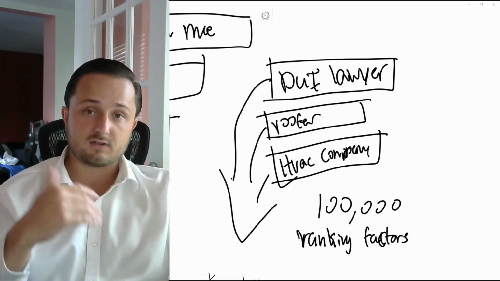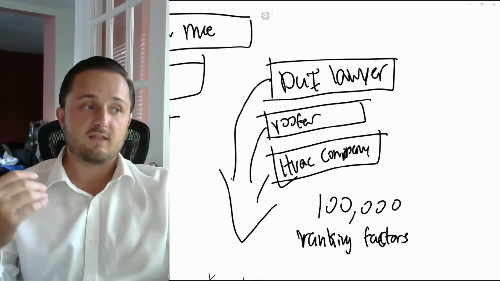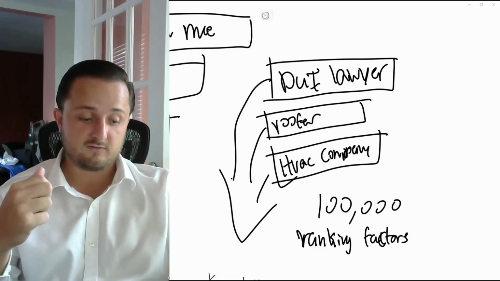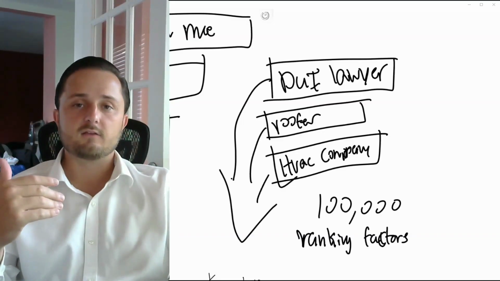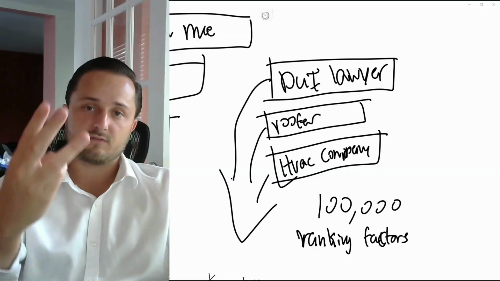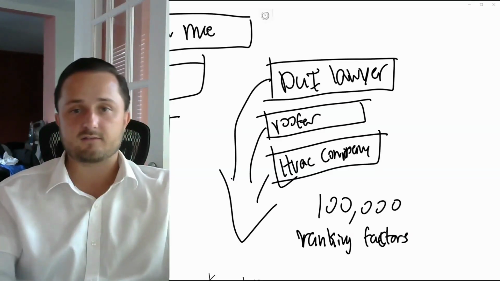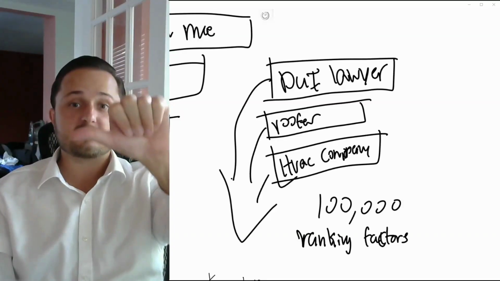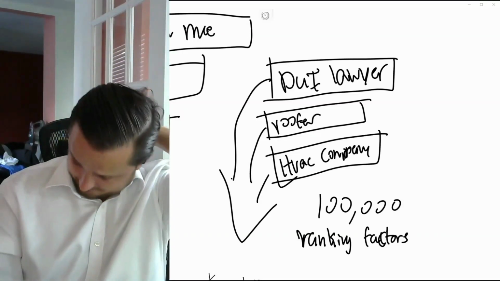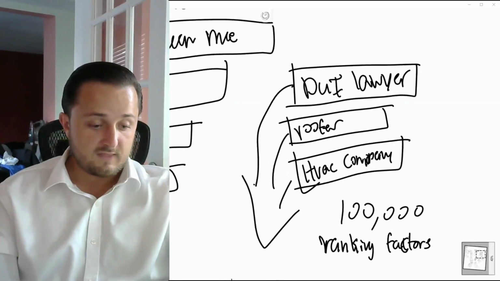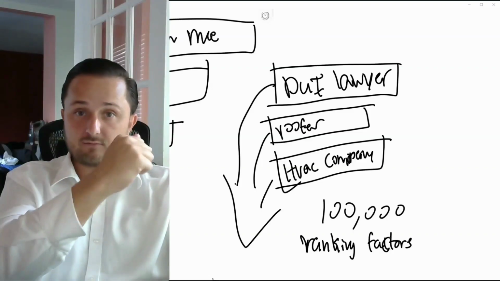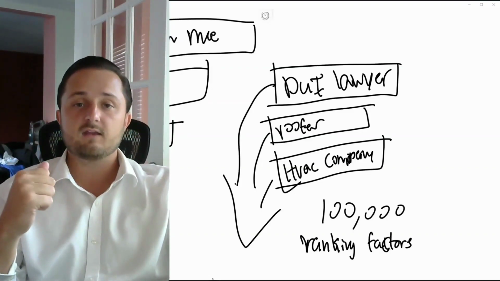So we go and look at all these. We see they've got this word count. I'm going to talk about 3 or 4 different ranking factors, but there's over 100,000. They've got this many H tags, this many paragraphs. They've got listicles and bolded tags. They use the keyword this many times, the entities this many times, and the LSI words this many times, right? That is figuring out the ranking factors by reverse engineering what is currently ranking.